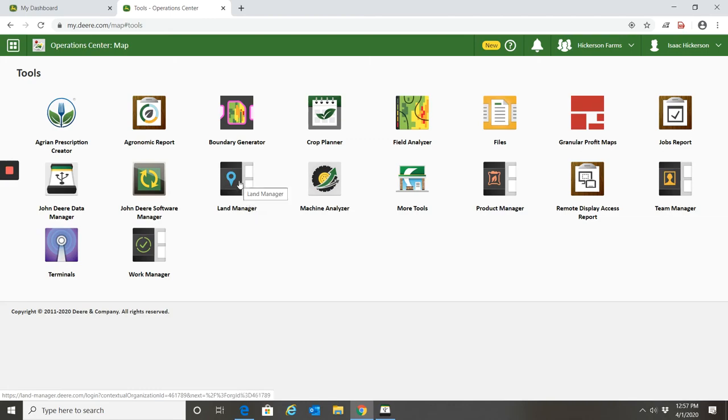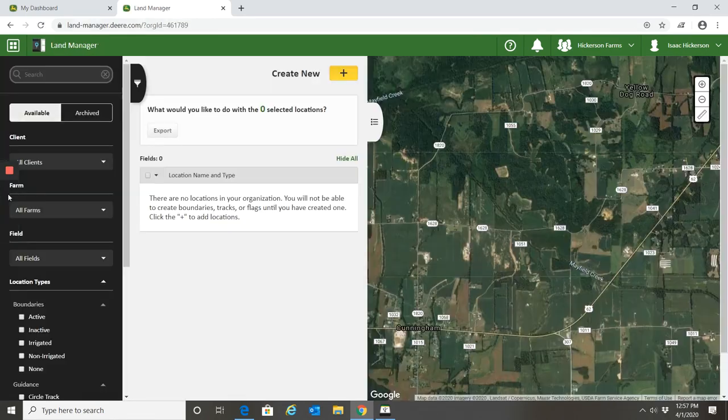Land Manager tab. This is the tool that you will use to add, edit boundaries, add, edit guidance lines, add, edit flags, and